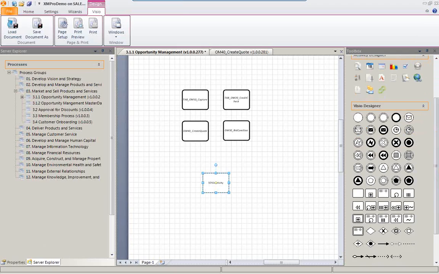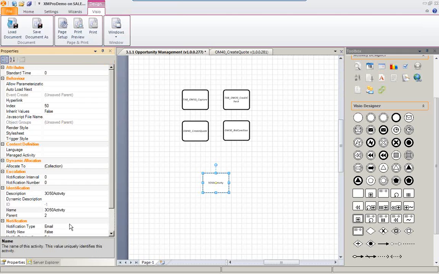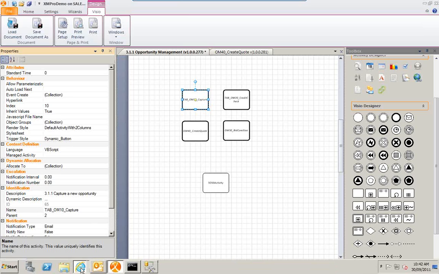So as soon as I drag something on, I can specify the properties for that, and then I can include that new activity for this when I set up the dynamic allocation. So I can now tell this activity that you can see this one. So as you can see, it's really flexible. It really gives you the opportunity to very quickly